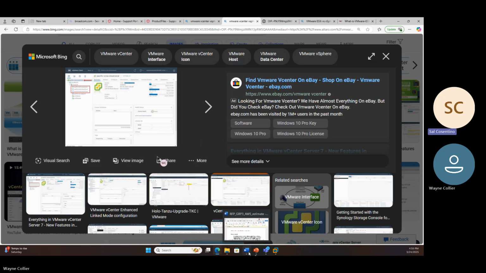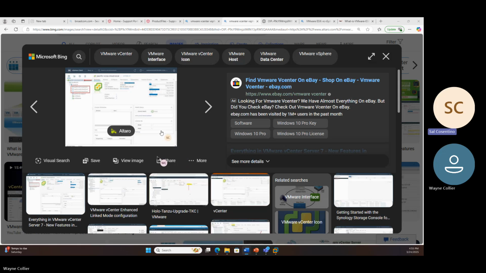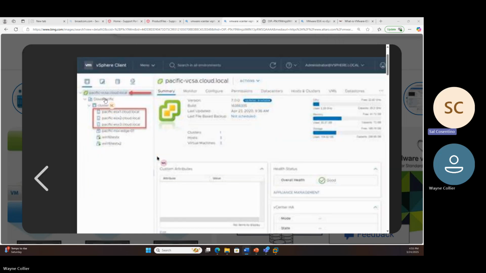Okay, so what I'm going to do is take a new document here, just trying to make it bigger for you so you can see it. Okay, so that's our vSphere client. Within our vSphere client is our data center. This is where we can create our data centers, and we create them by folders. Within our data center, we put our ESXi nodes, and then we create our clusters, so our clusters of nodes. So for example,